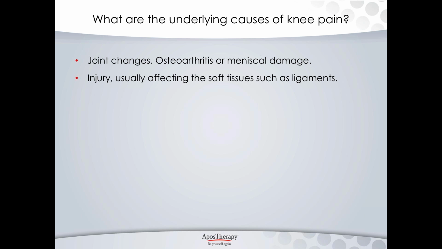Injury. If there's an acute injury, if we've fallen over or twisted the knee funny, that's going to cause some acute inflammatory responses, which is going to cause pain in the soft tissues and the ligaments, but sometimes the joint itself. It can be from a big sporting injury like in football, or it can be something very minor in our slightly older patients. Something as simple as changing direction or getting up from a chair can put excessive force through the joint and cause a bit of an inflammatory response.